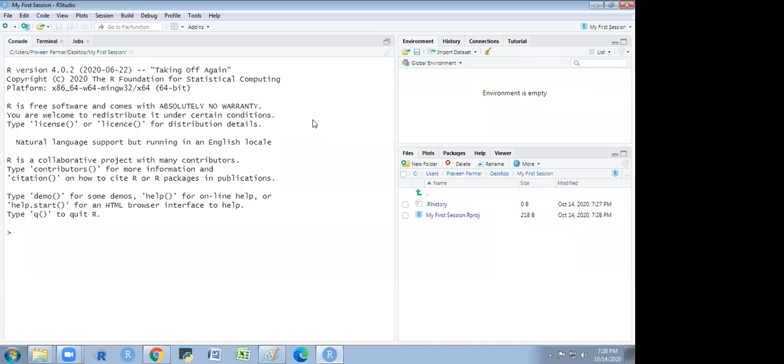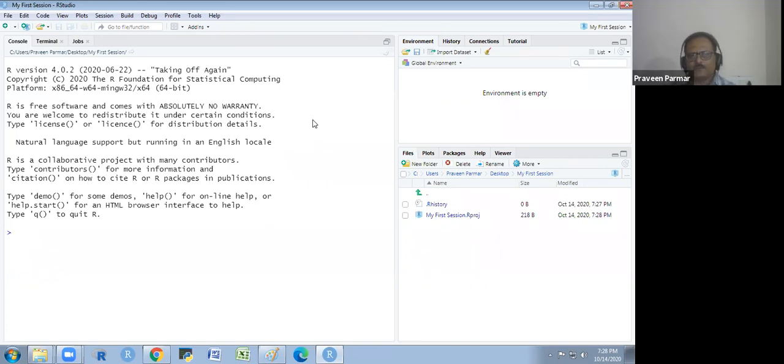Thank you. So there are two ways to create the project: with an existing directory or with a new directory. And there are two ways to open the project: we could select through the path, or we could go to the folder and double click on that R project file, and it will open with R. Okay. So we have two ways for both.